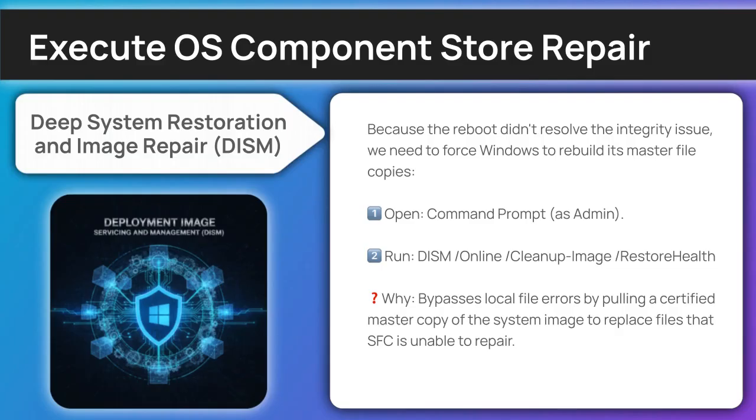Because the reboot didn't resolve the integrity issue, we need to force Windows to rebuild its master file copies. First, open Command Prompt as admin. Second, you're going to type dism /online /cleanup-image /restorehealth, then hit enter. Why are we doing this? Well, it bypasses local file errors by pulling a certified master copy of the system image to replace files that SFC